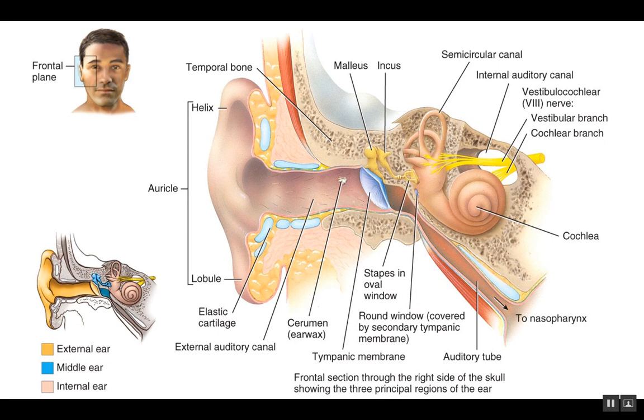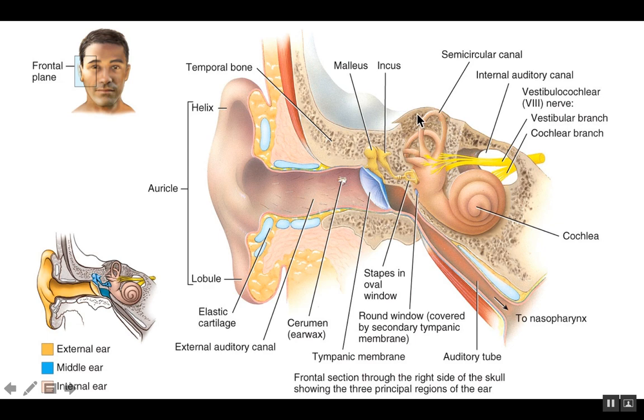Here's a nice, beautiful drawing of the ear. A little more detail, but this one would be a great image to study. We've got the external ear: auricle, meatus, tympanic membrane, the three auditory ossicles, malleus, incus, stapes. We see the stapes sitting in a little hole known as the oval window. In the inner ear, we have the cochlea, which kind of looks like a snail,